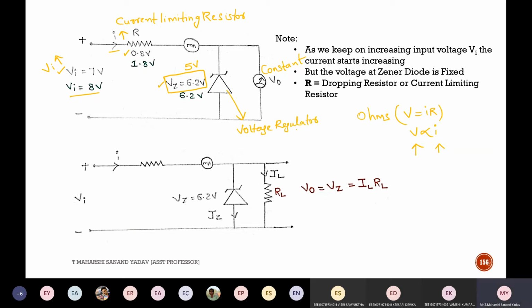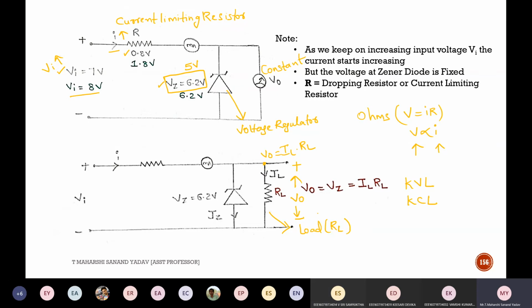Once you are clear with this concept, it will be very easy for you. See now, this is nothing but the output point. At output, I'm applying a load, which is nothing but a resistive load RL. So this will be something like this. I think you know about KVL and KCL, right? Yes. Here, if I am measuring Vout, how to calculate Vout at this point? Vout is IL into